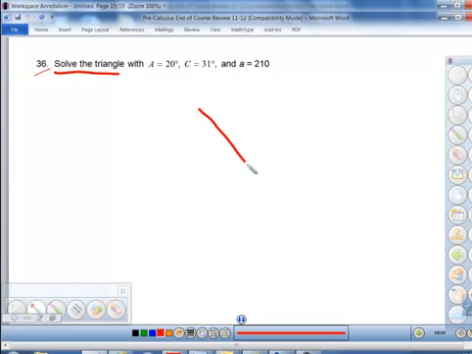Okay, so I'm just going to draw a triangle. Doesn't have to necessarily be right or wrong. But I don't know if it's a 90 degree or not. But all I do know is that